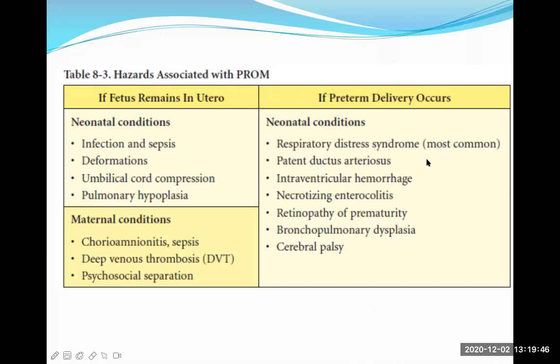Now, PDA occurs between which two blood vessels? Sir, between the aorta and the pulmonary artery. Aorta and pulmonary artery. Exactly. It is a normal structure inside the uterus before the baby is born. But after the baby is born, it should disappear. It should get obstructed. But if it is still remaining like that, we call it PDA, patent ductus arteriosus. And after the birth,